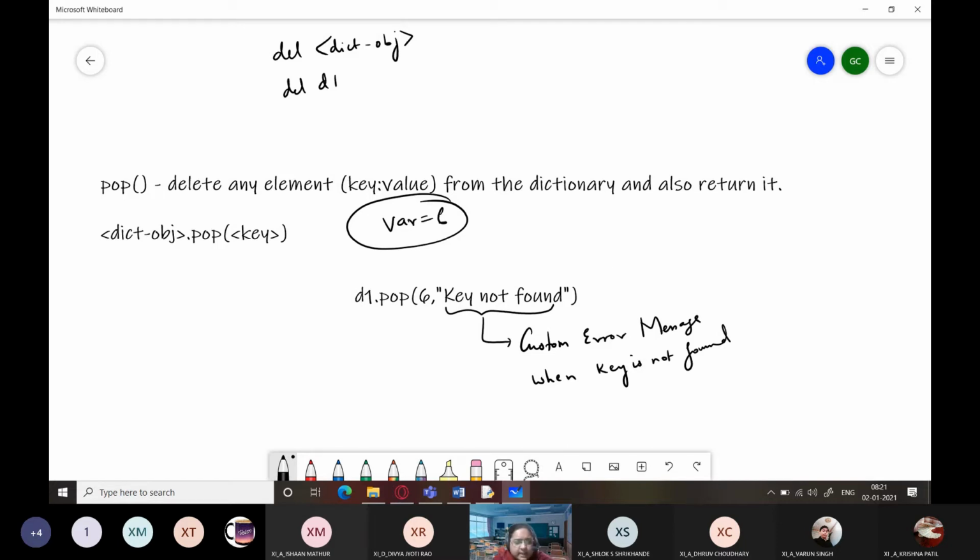Now the user can enter any random roll number. It may be present in the dictionary, it may not be present. So what you are doing is you are asking for the value in a variable, say RNO, and you have asked the value from the user.